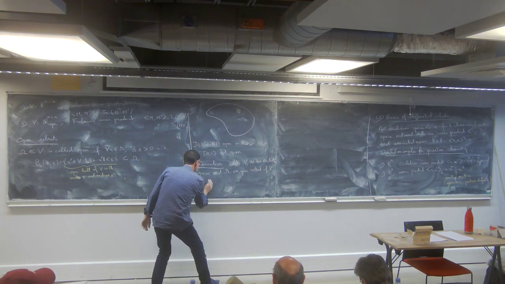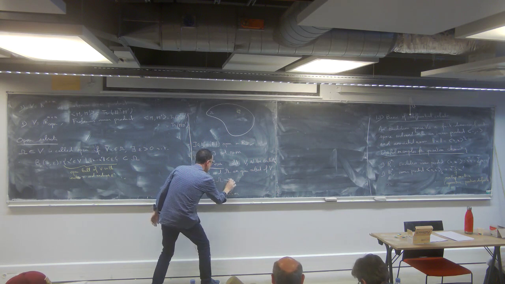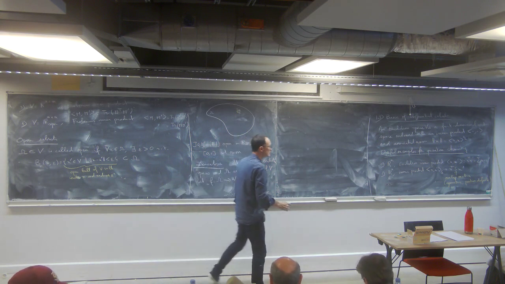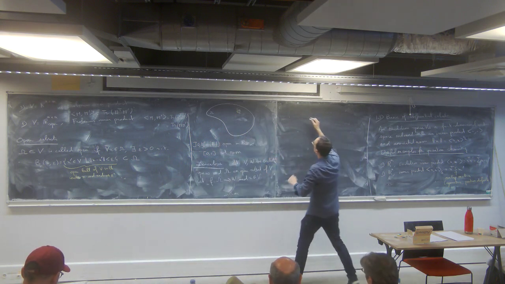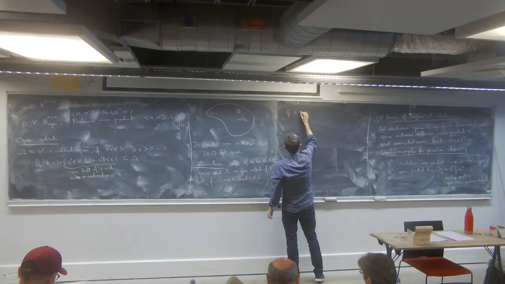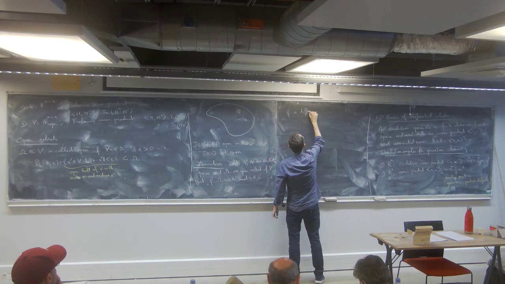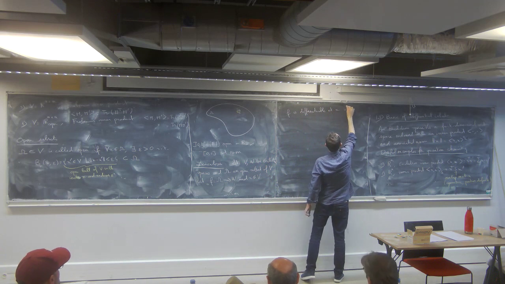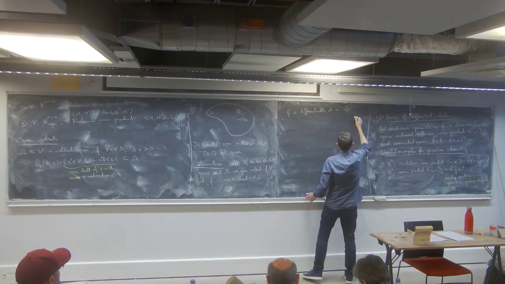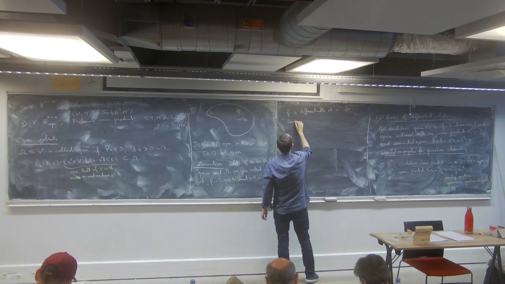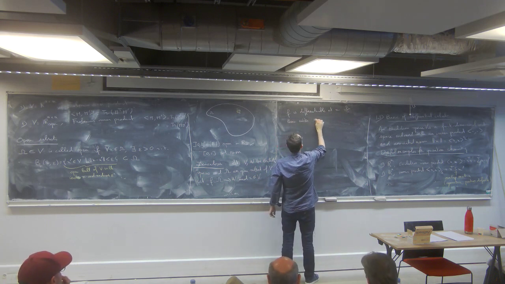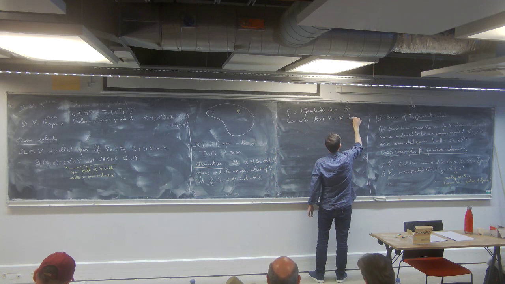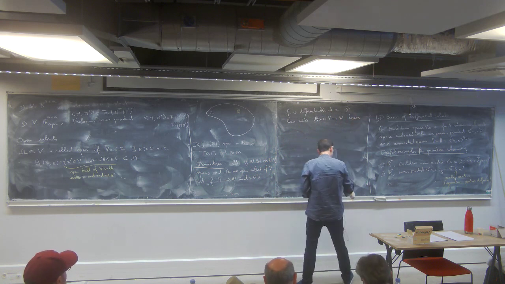Let F from omega to W and x in V. So F is differentiable at x if there exists some map from V to W, which is linear, very important, such that